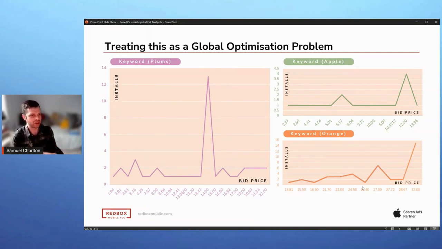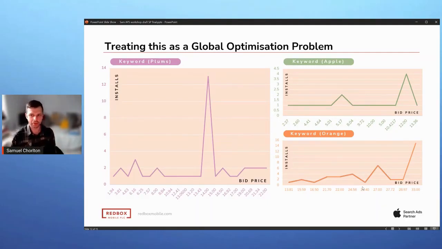So you've then got to look at, right, we've now got multiple keywords. What do we set the bid prices at for those? But then we might have another keyword that, although it can spend much more of the budget, spends it at a point that doesn't deliver a good return on advertising spend for us. So therefore, we might want to dampen down the bids so that we can stay within our aims, but then the availability of installs or impressions decreases as a consequence.